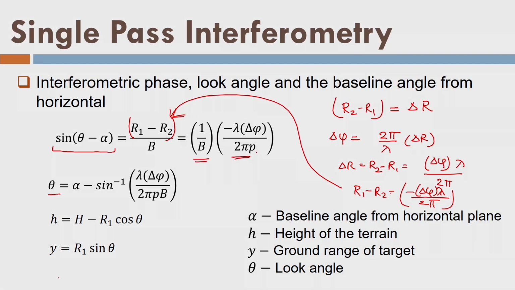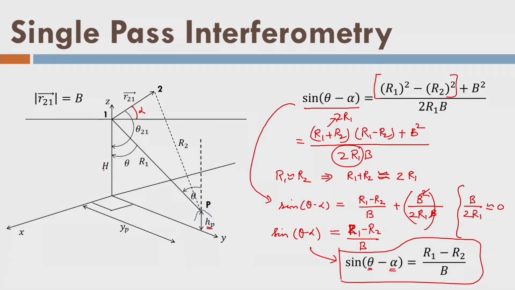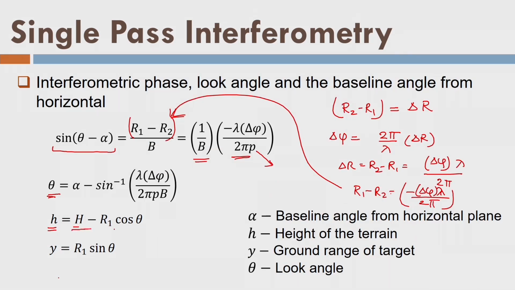You can see here, again I am putting the factor P here for different cases. The P factor we have assumed here is 1, but for the general case I am writing P here. Finally, this is the look angle value. Here the flying height h minus this HP, this distance is R1 sin theta. So this is the expression here, and y is another coordinate in the across track direction, which is equal to R1 sin theta. So now I have found the coordinates of point P on the terrain using single pass radar interferometry.